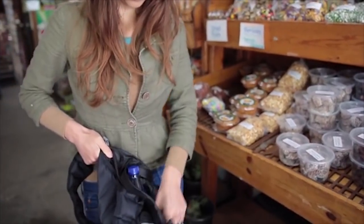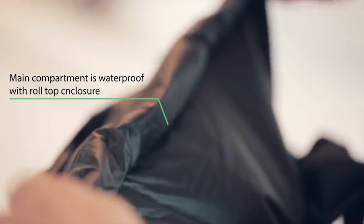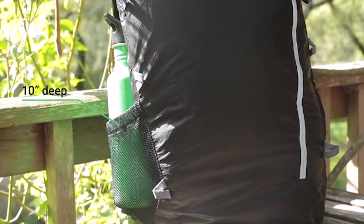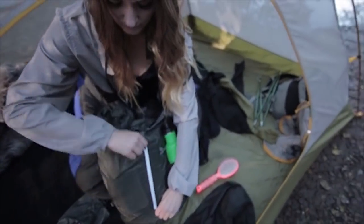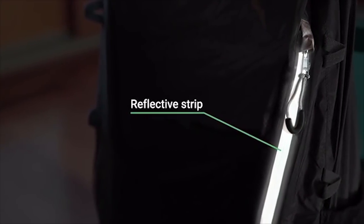AirPack offers everything else needed for an incredible bag. It uses extremely high-quality Cordura fabric, and its main compartment is waterproof with roll-top enclosure. Put whatever valuables you carry with you, and don't worry about water ever getting in. The side pockets are 10-inch deep. That's big enough to carry any water bottle without fear of it falling out in the middle of a climb. Meticulous attention was given to the zippers as well, because, well, you need your bag to be closed tight. The zipper is an SBS zipper, and the zipper cover serves as a reflective strip, so at night, you don't